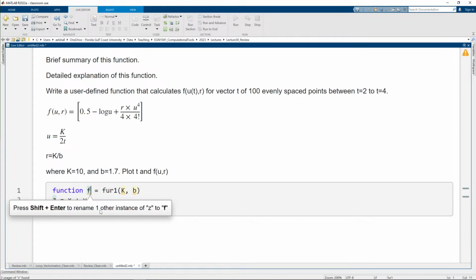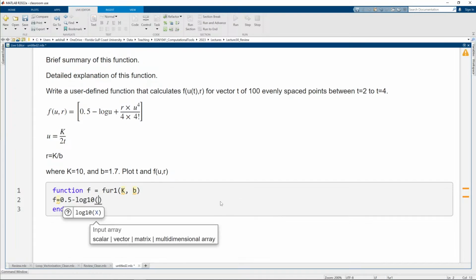It will output this f here, because remember I want to plot f versus t. And this function itself, what is it? f is equal to minus 0.5 times log, and remember here should be log 10, don't make this mistake again, log 10